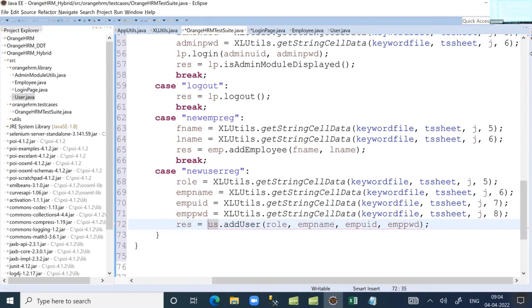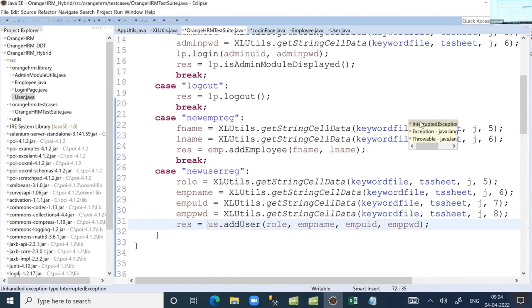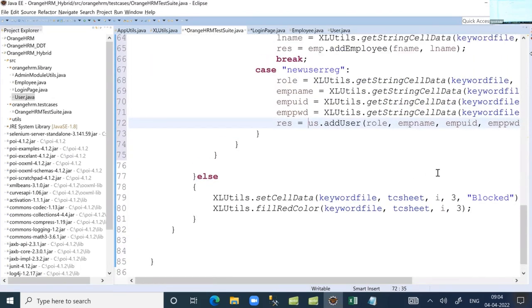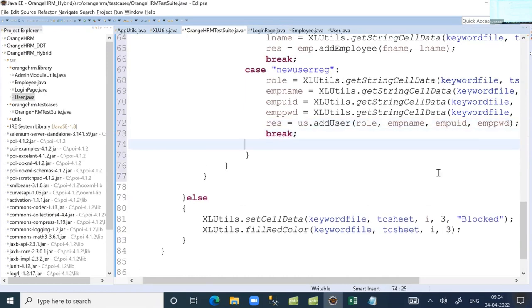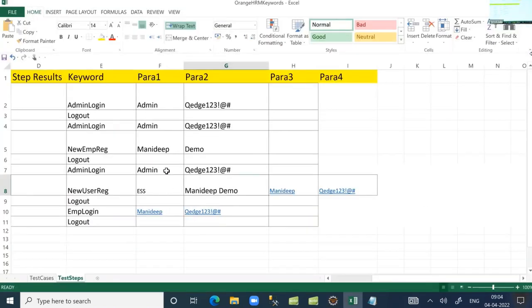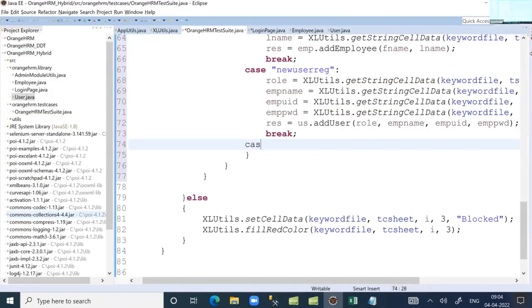This function's return value I am also storing in a variable called RES. Break. Up to user registration, the keywords are covered. Logout is already covered. Only one is left, EMP login. If the keyword equals EMP login,